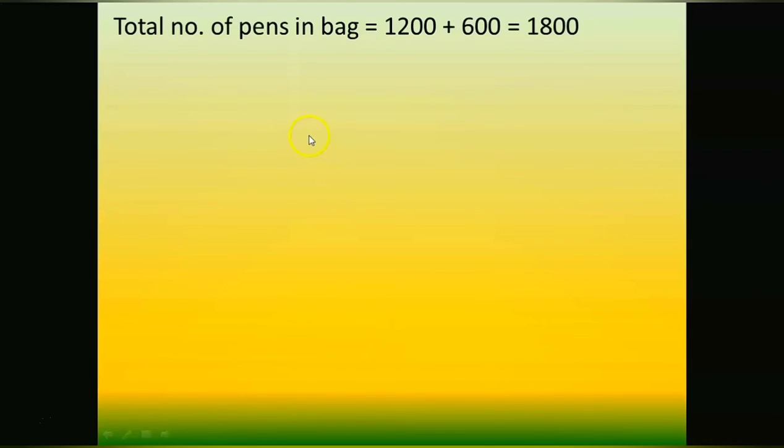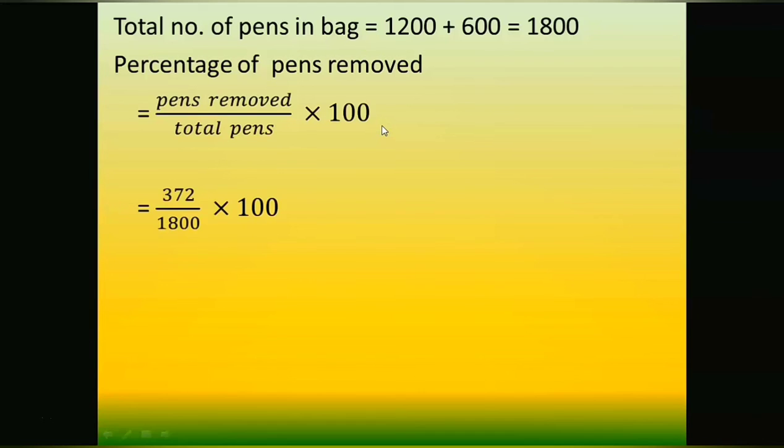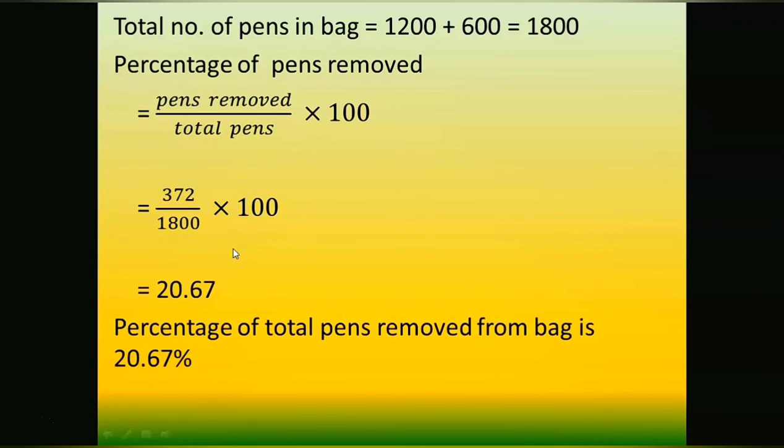What is the total number of pens in the bag? It is 1200 plus 600, which is 1800. Now the percentage of pens removed will be equal to pens removed divided by total pens into 100, which is 372 divided by 1800 into 100. Answer is